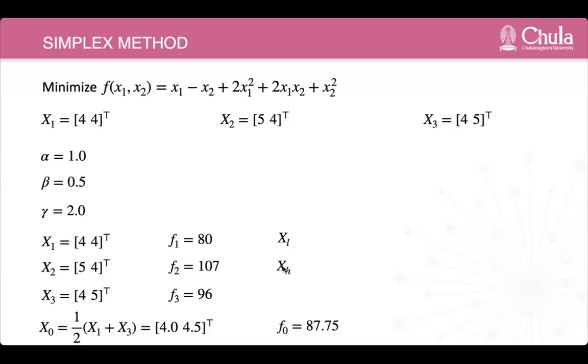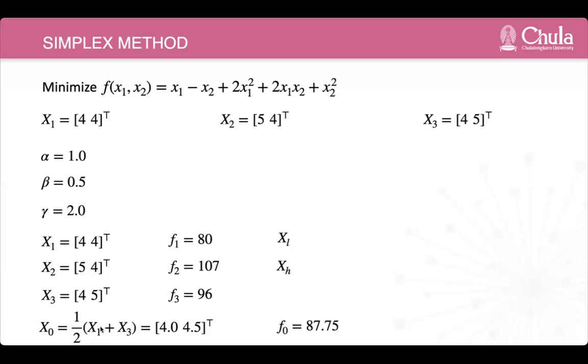So we have to find the centroid first. In order to find the centroid, we don't take XH, okay? We take XL and the other one. We take X1 and X3, and find the centroid. Because we take only 2 points, we have to divide by 2, okay? If you work with not 3 points but, for example, 5 points at the beginning,